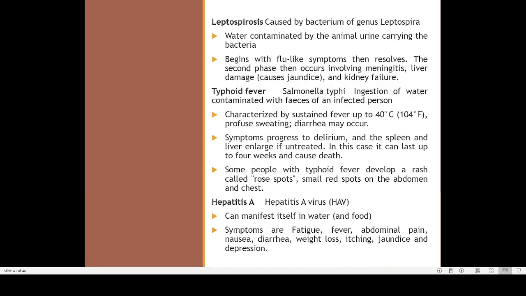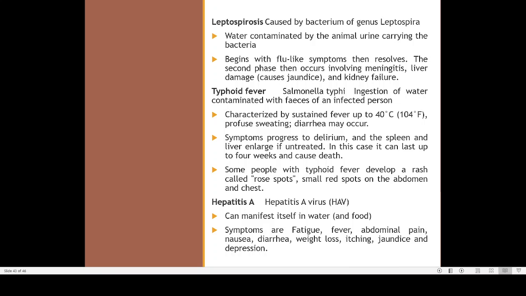Then we see another disease known as leptospirosis. You might have heard about leptospirosis because in Malayalam we call it Ilipani. Leptospirosis is a very dangerous disease. In the case of leptospirosis, most of the time it is caused by rodents, known as rattus, or other kinds of wild animals and caged animals.